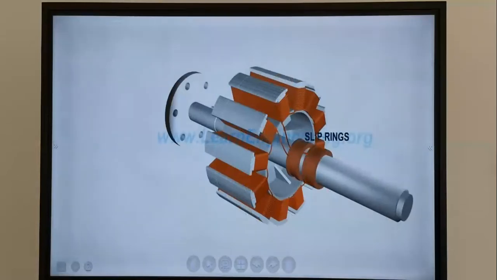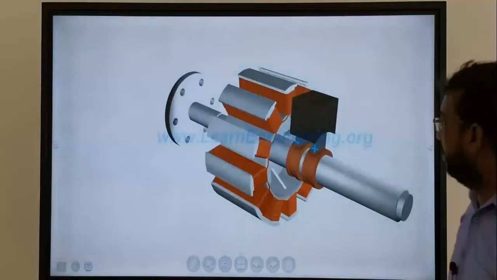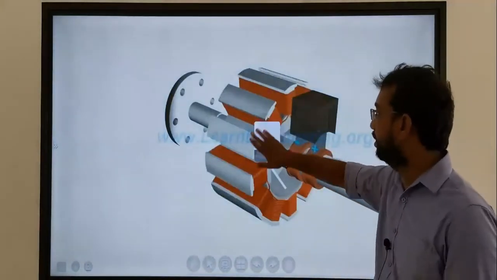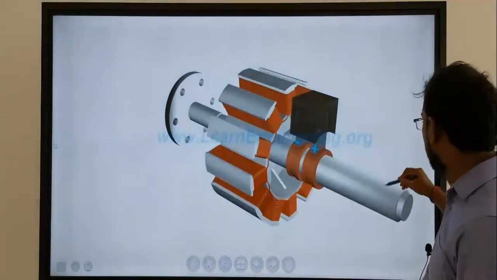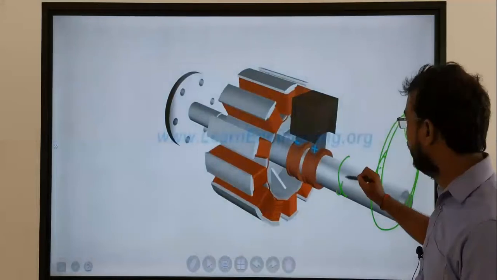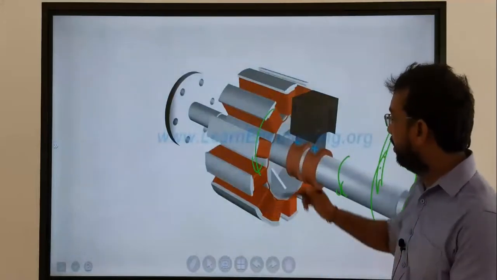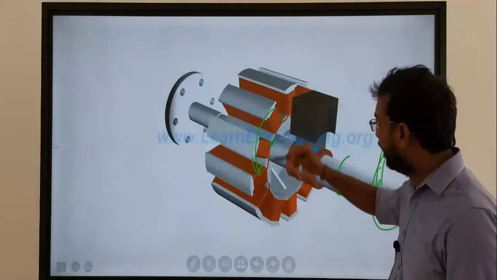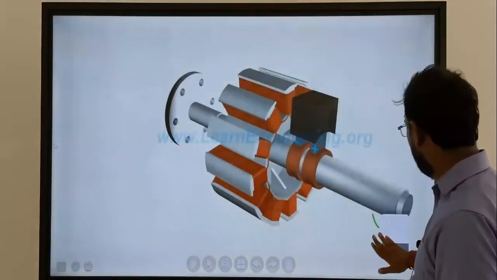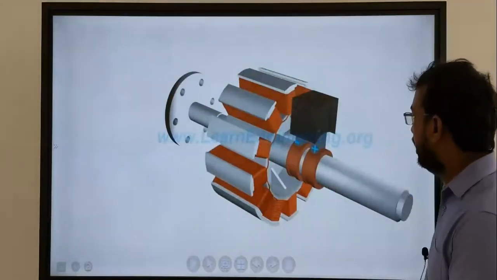So now we study another part, the slip rings. What are slip rings? Okay. So normally we have to give the supply current to the coil windings of this rotor. Here the engine is connected with the engine pulley, so this shaft also rotates. Here also rotates. But the point is, how do we give a constant electricity supply to a part that is going to rotate? So that's why the supply is given like this.